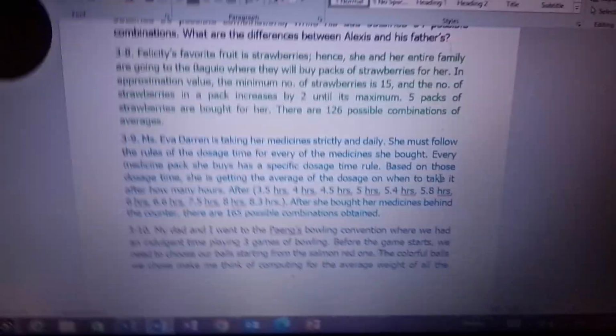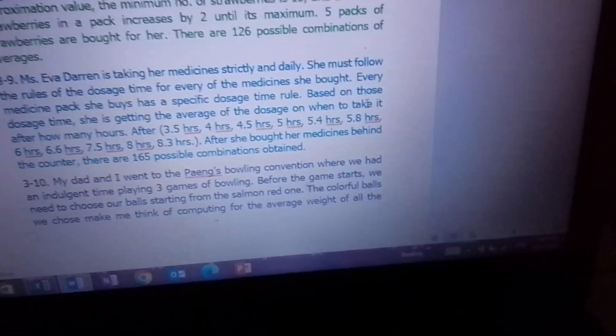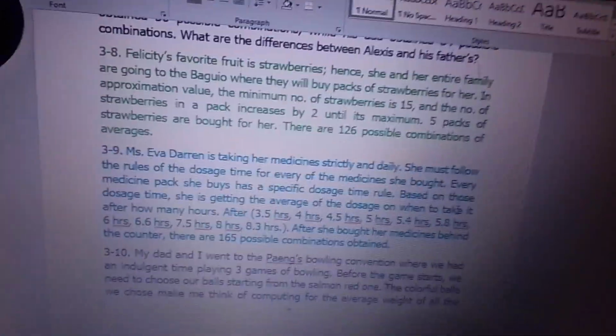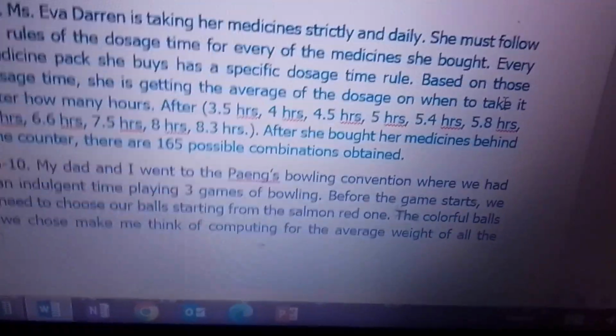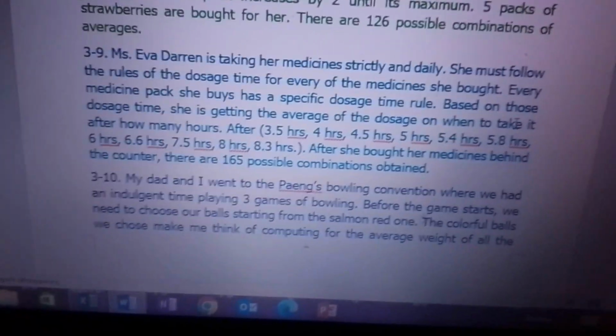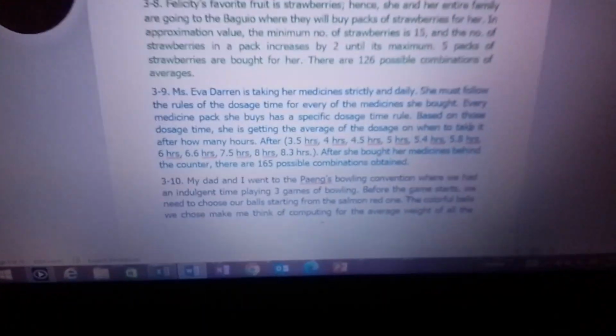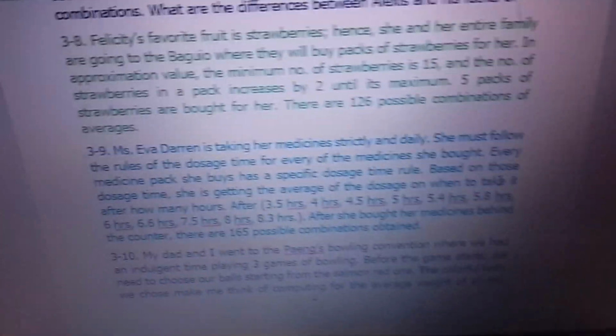Alright? So, the average of the dosage on when to take it is after this specific time or hours. So, here is the time. Like for example, after 3.5 hours, after 4 hours, based on the dosage time, she's getting the average dosage on when to take it after how many hours. So, ibig sabihin, yung mga medicines na kinuha niya, she's going to compute for the sample mean of how much